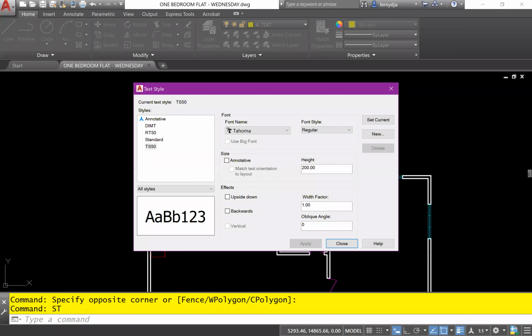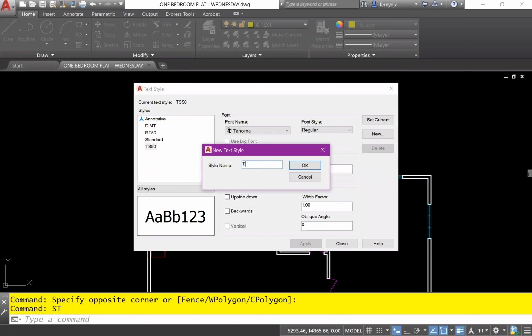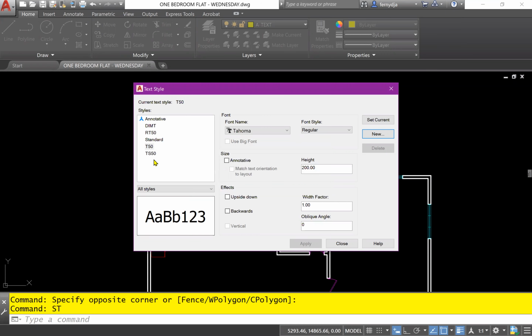All right, so we're going to create some more text styles. Again, we click new, and this time we have T50. That's the style name. So we click that. It's now over in this list. Then it's Tahoma, not regular this time, but bold. And this time around is 300